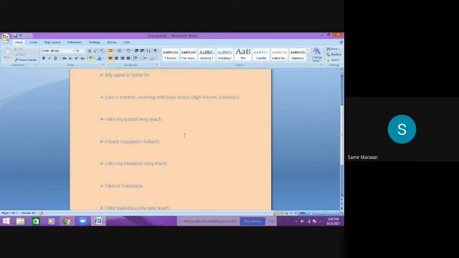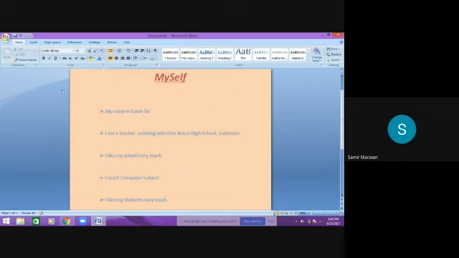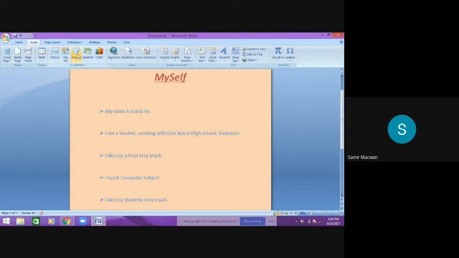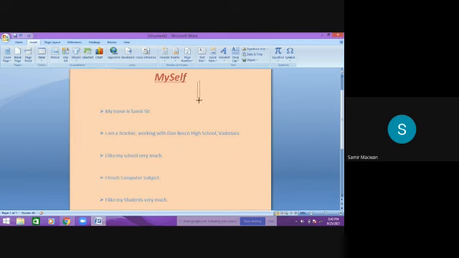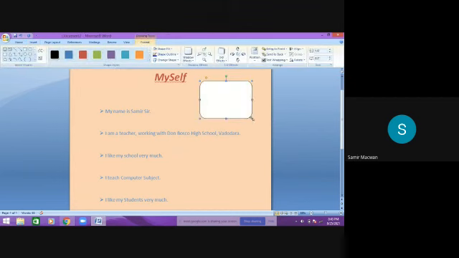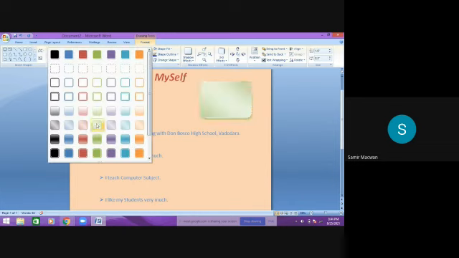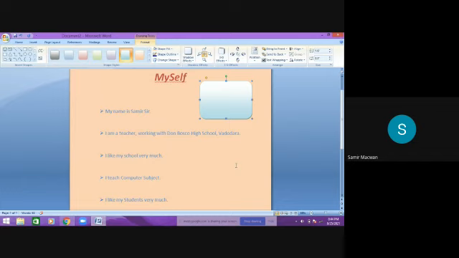Done it. Now what? Go to insert, go to shapes, select this shape. Take a proper color, otherwise, white color you will not enjoy. Now myself, passport size photograph must be there.